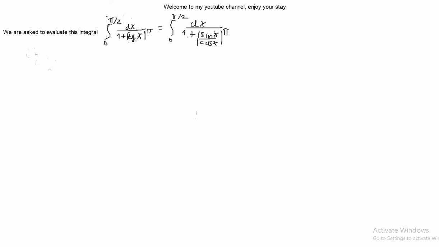When we multiply things out, 1 is multiplied with cosine and cosine flips up, so this equals the integral from 0 to pi over 2 of cosine of x to the power of pi over cosine of x to the power of pi